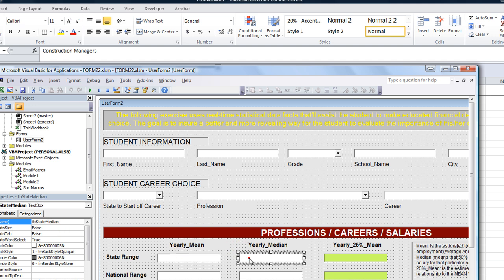So TB state mean and TB state median would be column 4 and 5 respectively. So let's do that. Let's go back over to the button